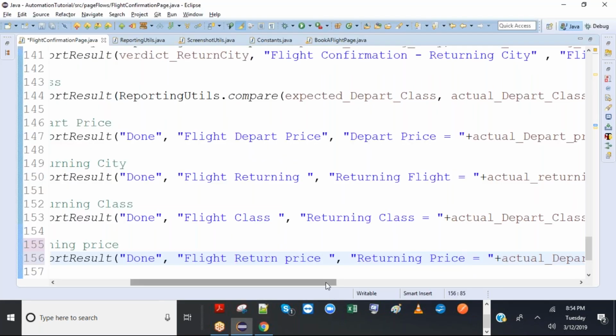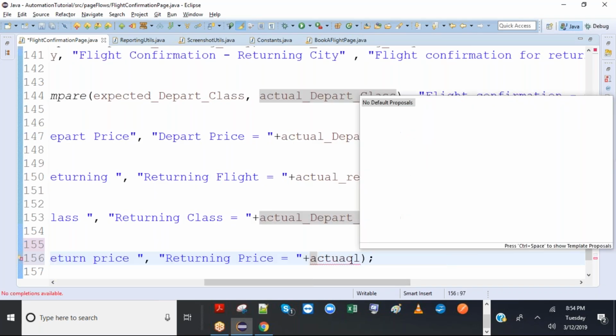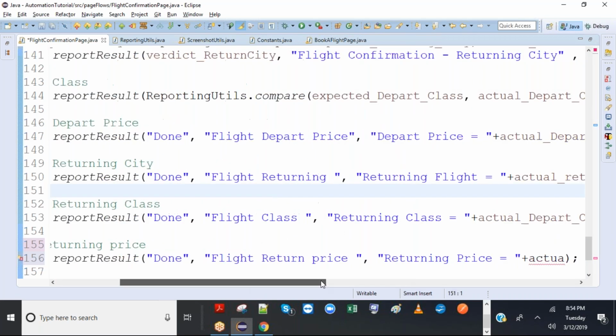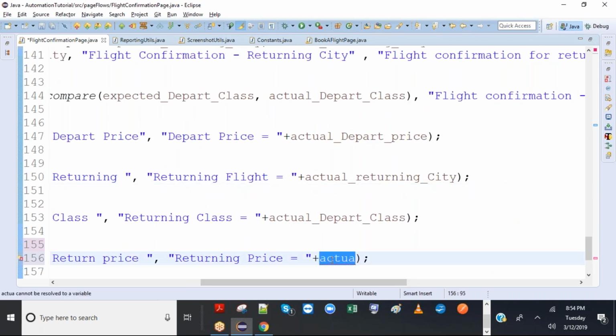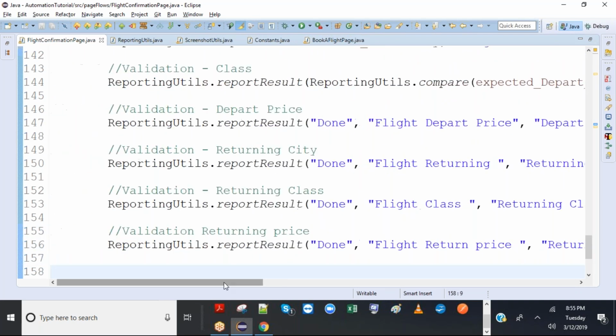So returning price, actual return price, actual departure returning info. Okay, we didn't even write it. So we will keep this aside. I'll just keep it as null, empty for the time being, because we're just focusing on reporting mainly for all.